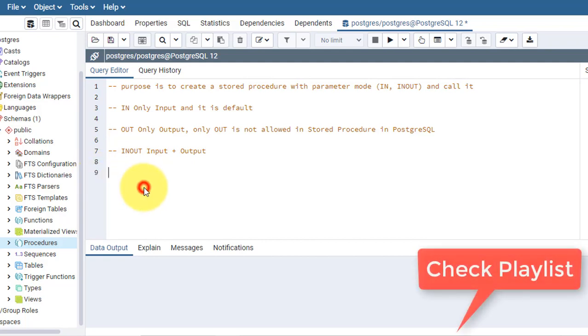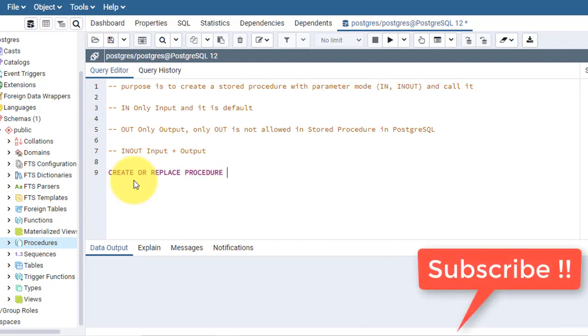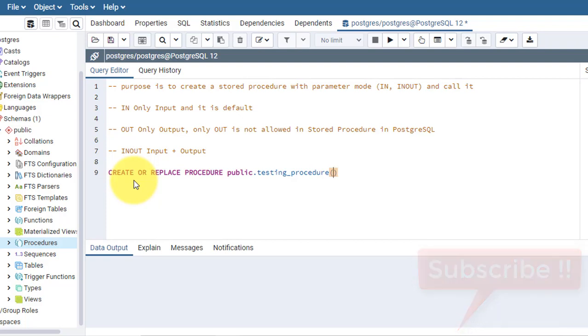Because in a stored procedure only out is not allowed, we don't take any out parameter, but we take in and inout. So first let's create a simple procedure like this. Create or replace procedure, and the procedure name public.testing_procedure.